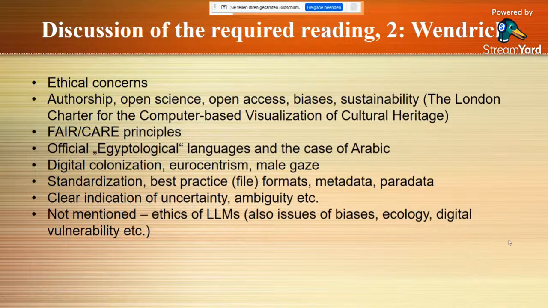Thank you, Eliese. And then we have a quick look into the second publication by Willeke Wendrich, which is not almost 10 years, but 2 years old currently. And she is addressing a couple of ethical concerns in Egyptology. And what I have put as bullet points on this slide